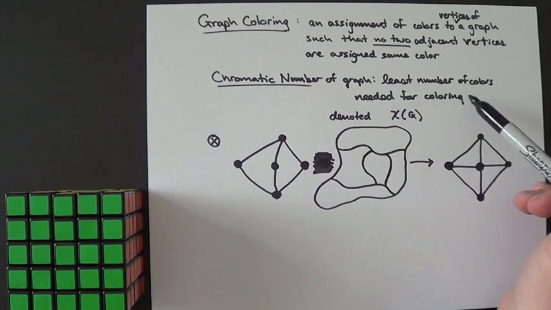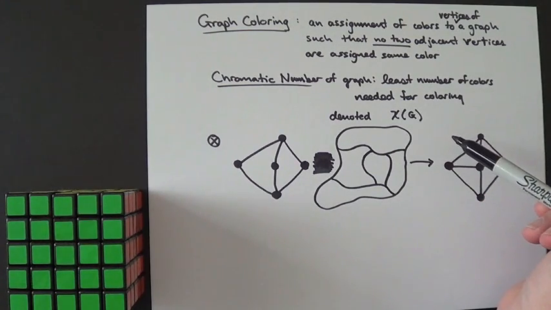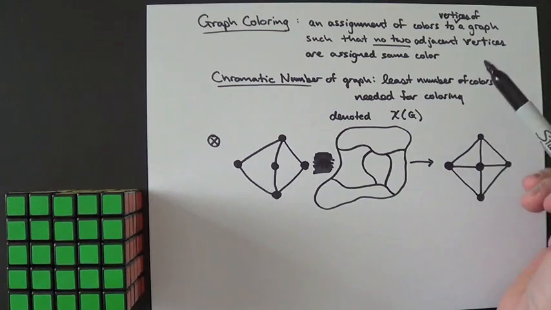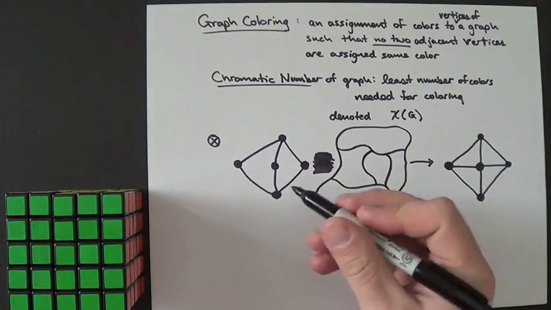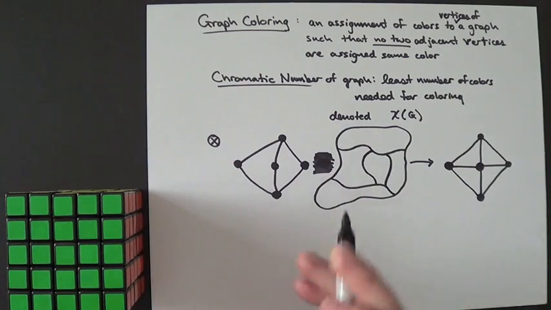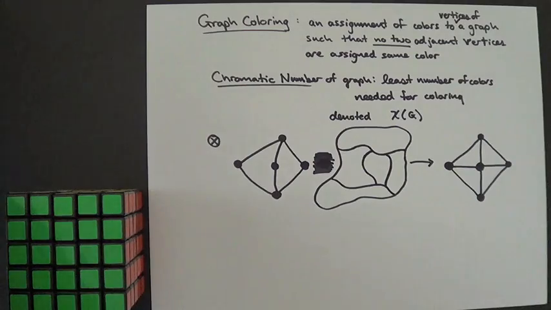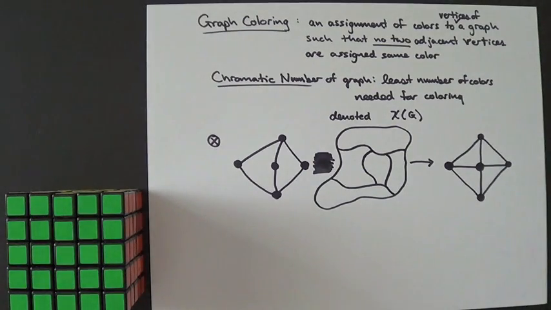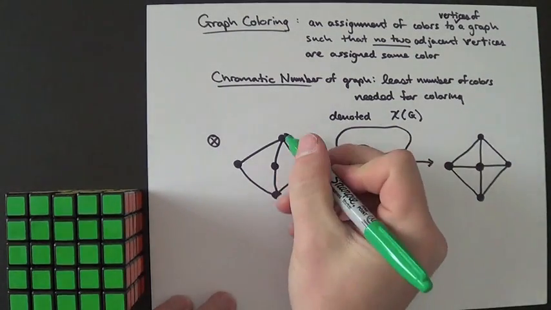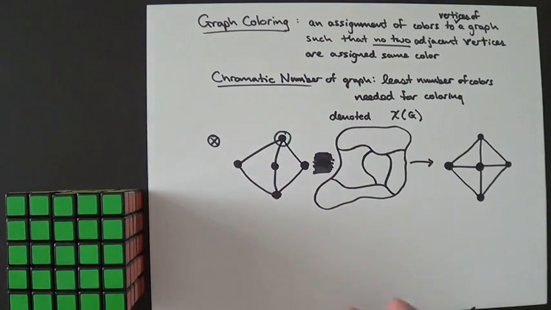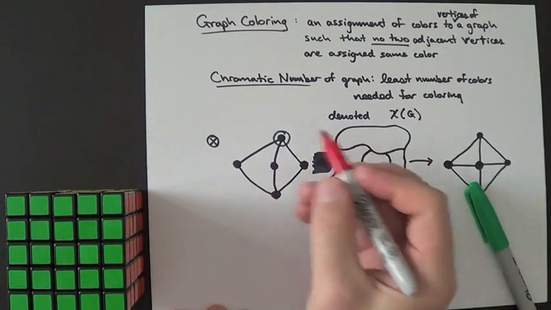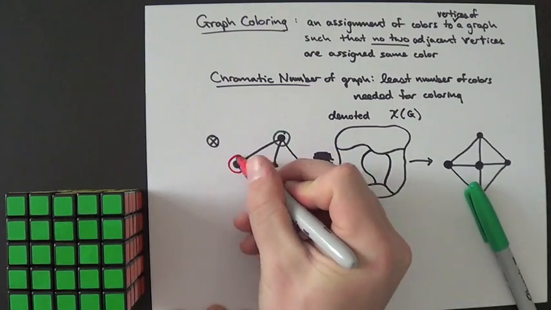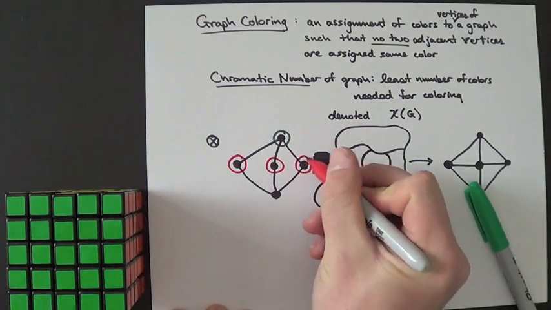Chromatic number is the least number of colors needed to completely color a graph, or to perform a coloring. This is the graph that we saw earlier, and we can discuss a coloring of it by coloring some vertices. If I color this one green, then I cannot color either of these three green because they're adjacent to that one. So I have to color these three red,